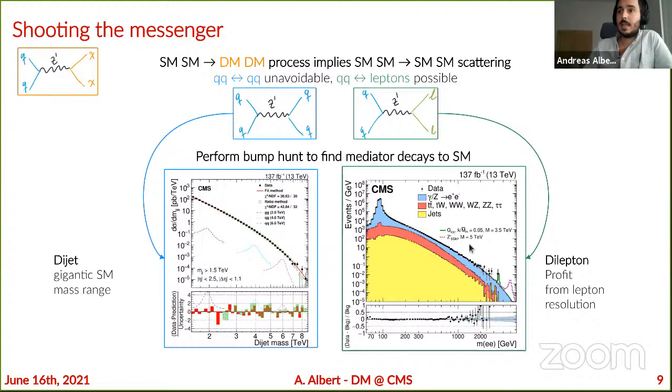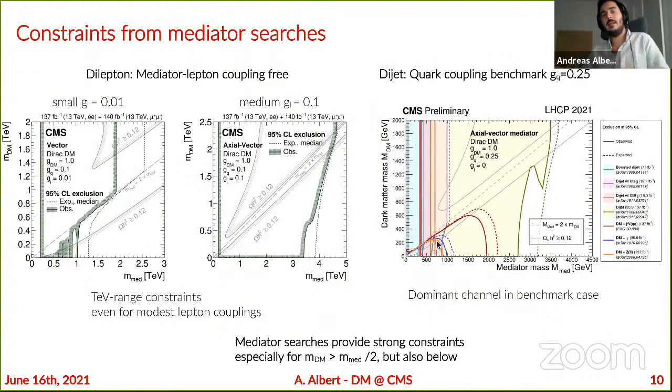The constraints from this type of search, instead now of a triangle, are kind of a vertical band instead. We see this here on the left for the dileptons, where the lepton coupling is pretty free because we don't need to assume it for production. And if it's small, you can see that the constraint is mostly above the diagonal, where there's no branching fraction of the mediator into dark matter that would take away from this branching fraction into leptons. And if you turn it up a little bit to even medium values like 0.1, you already get significant constraints